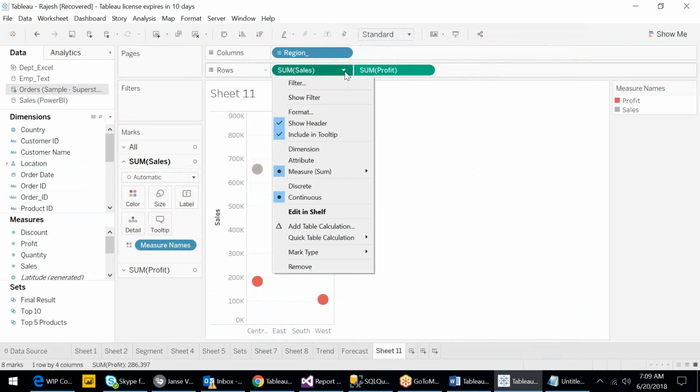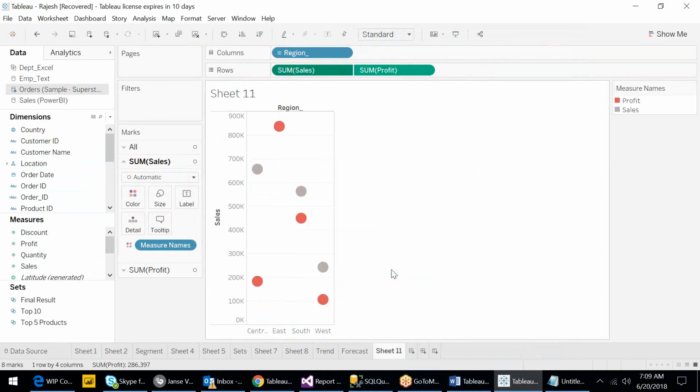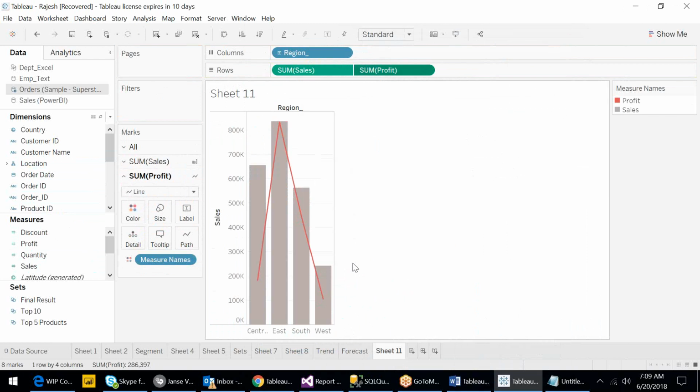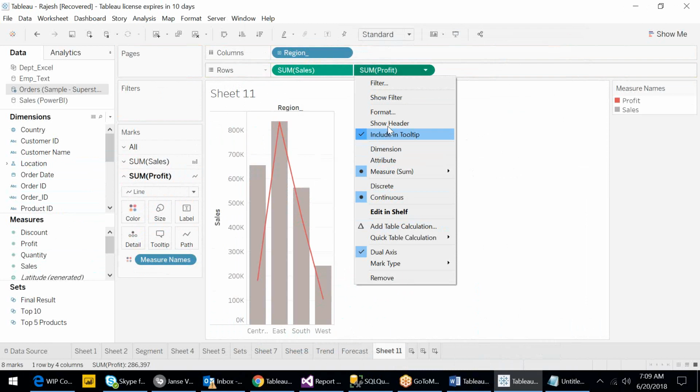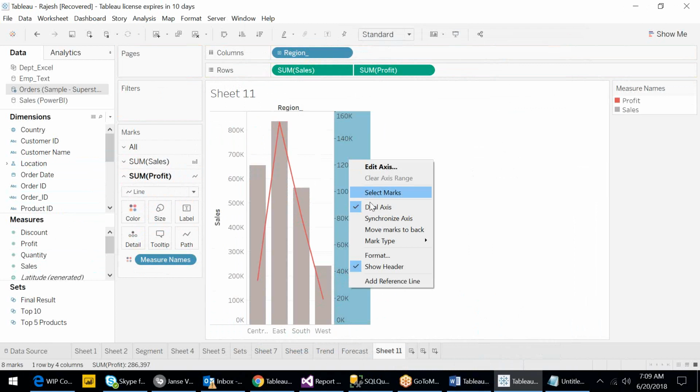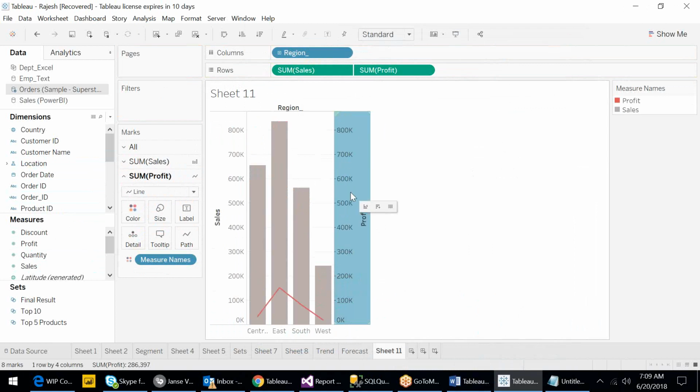Next, to change your style, mark type to bars for the sales, and the next mark type is line. When you kept dual axis, it didn't come this side, right? That means you already highlighted it because just now we did in the same report, right? It contains the same steps. I mean, okay, and you can get it back with the show header. See that option show header is available in the profit. You can see that, and you can synchronize again, and then you can apply show header, uncheck,